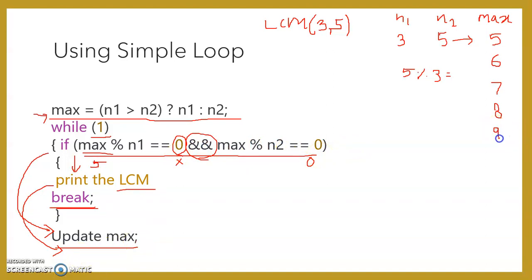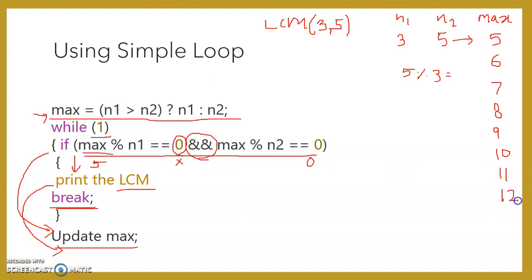Max is now 9. 9 mod 3, yes, it is 0, and 9 mod 5 is not 0. So the condition is false, so again update the max. Updated max is 10. 10 mod 3, no. 10 mod 5, yes, but still it is not satisfying the condition. 11 mod 3 and 11 mod 5, both are not 0.